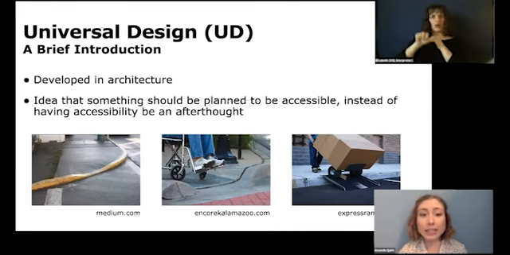One example of this is a curb cut. A curb cut is a built-in dip in a curb that allows for smooth access from the sidewalk to the street and vice versa. It doesn't require stepping up or down off a curb. And this is critical for wheelchair users to be able to safely leave the street. But it's of course not limited to wheelchair users.